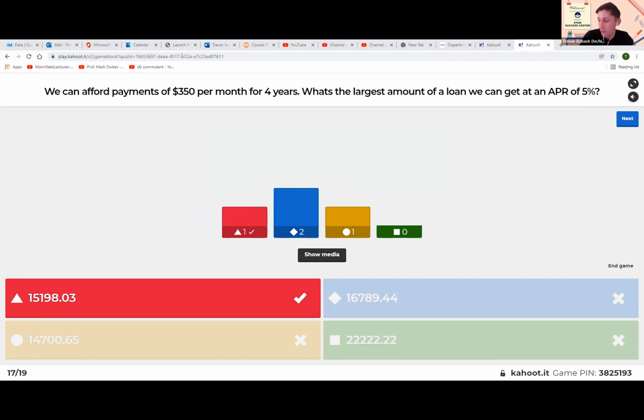So for this one, we're gonna have to use the monthly payment formula, but we're gonna have to reverse it. I'll write the reverse so it won't take up as much room. So the amount borrowed formula, which is just the monthly payment formula reversed, is going to be your monthly payment